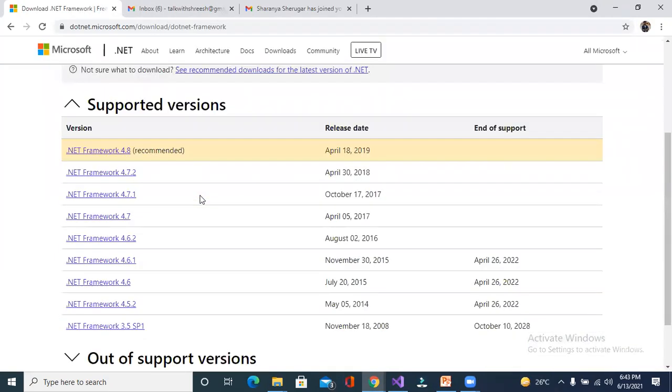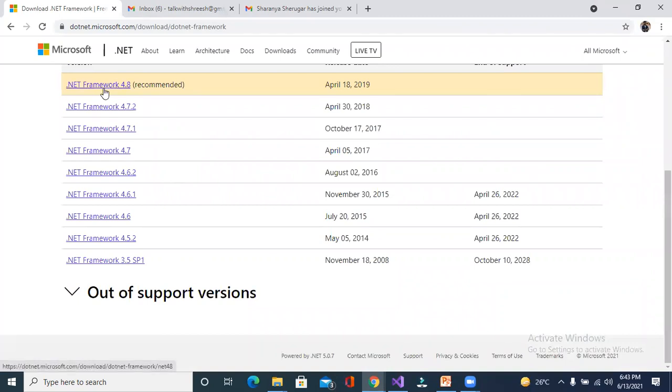This is a small application, I think 3 to 4 MB. You can install the .NET Framework from here and you can run this application. Right? Okay, sir.